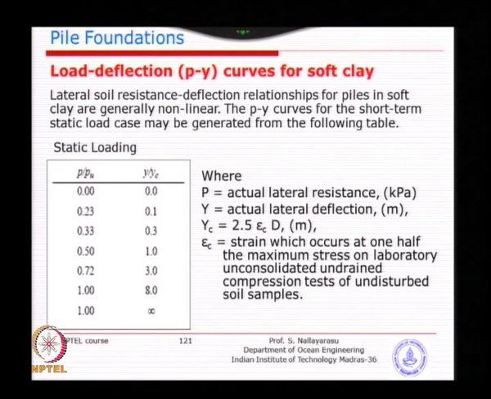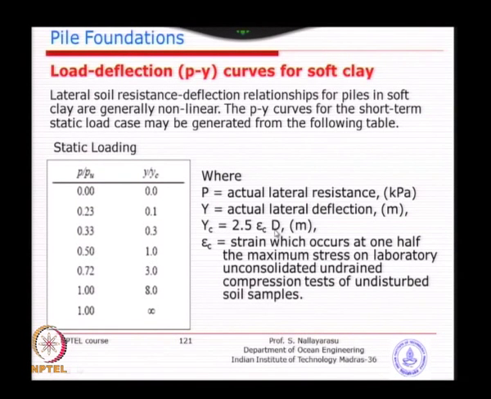If not, then you need to know the range of values, so that you can assume reasonably for soft clay, medium and then hard clay. We will see the strain values later. So basically 2.5 times the strain multiplied by the diameter will give you the sensitivity of the clay soil against horizontal loading, which is denoted as the critical displacement, and y is the actual displacement, P is the actual lateral resistance in terms of kilonewton per square meter. Pu has been